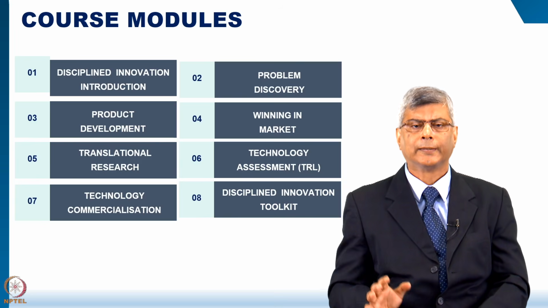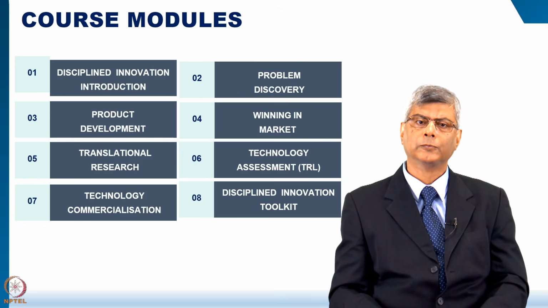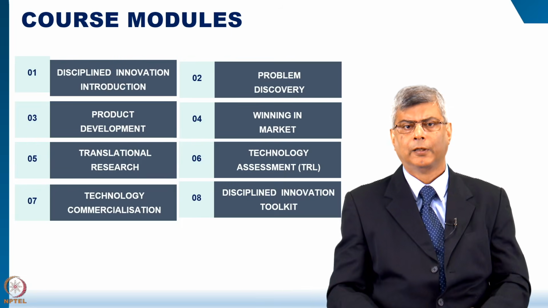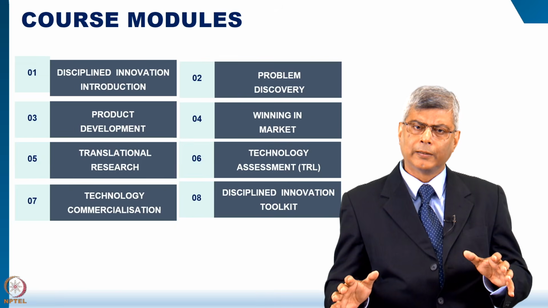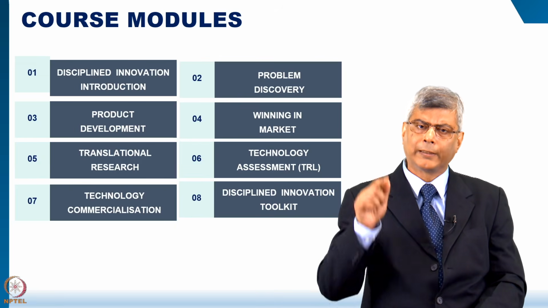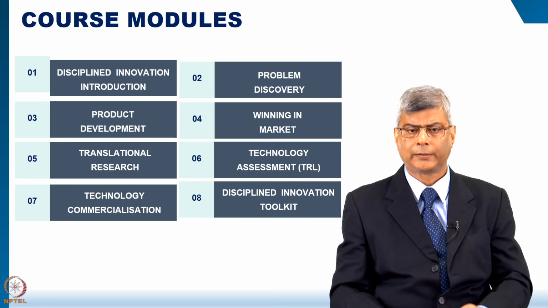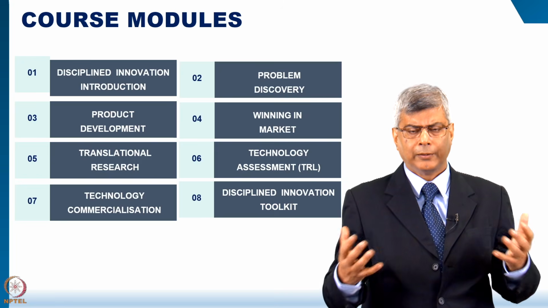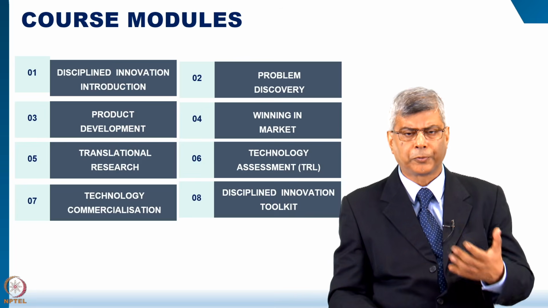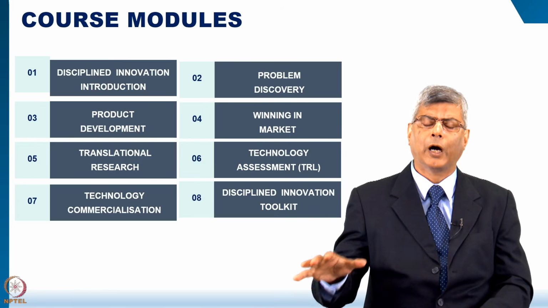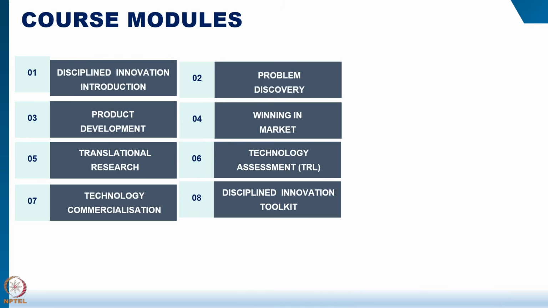And then how to commercialize in different pathways: license, co-develop, or just sell your patent or your research or your product or your technology. And we'll end the course with a capstone project where we'll provide you certain tools, and they will be AI assisted. You can use those tools to further develop your research, your technology, your prototype into a real, meaningful, scalable product in the real world, used by many people. So that's the course structure.